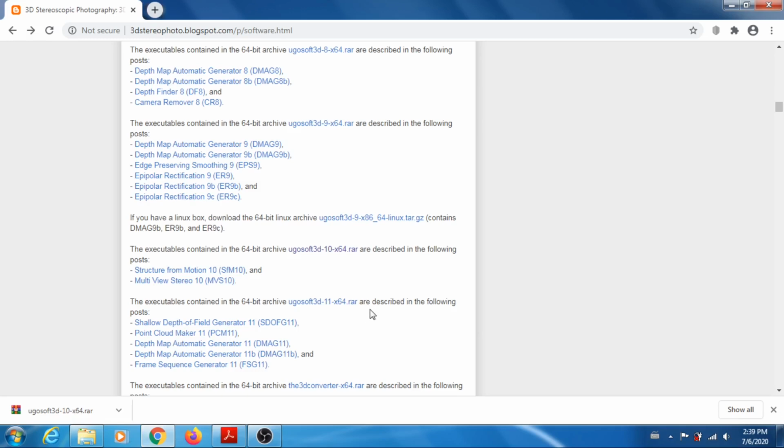Well, hello everybody. Today we're going to talk about SfM10, structure from motion 10. So here I am in the software tab on my blog. This is where you have the link to download